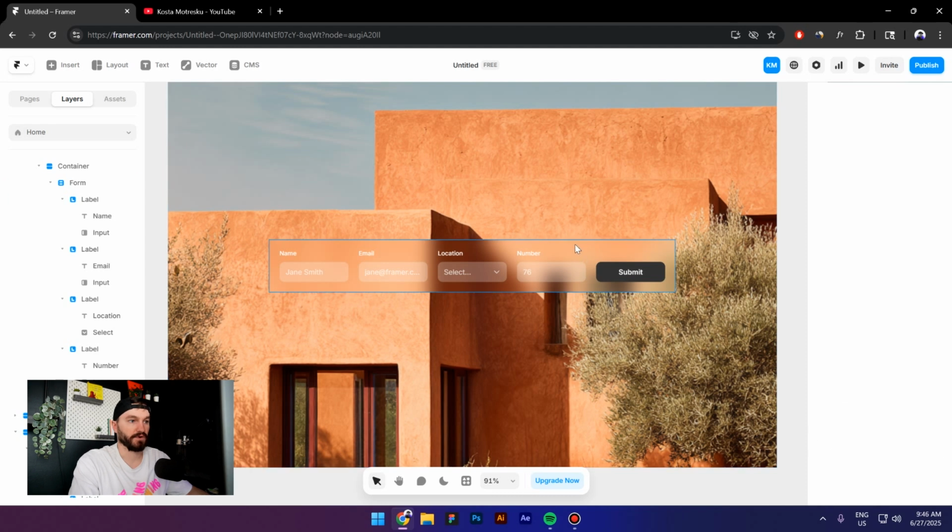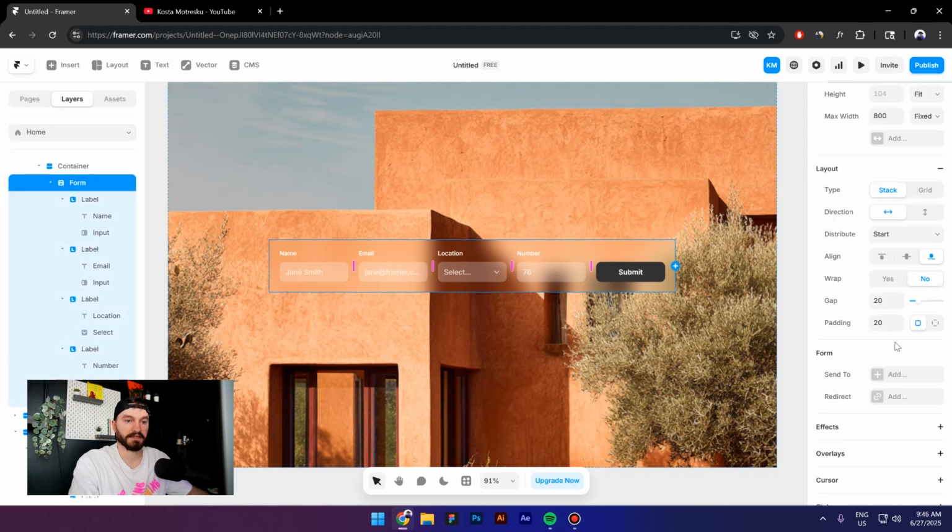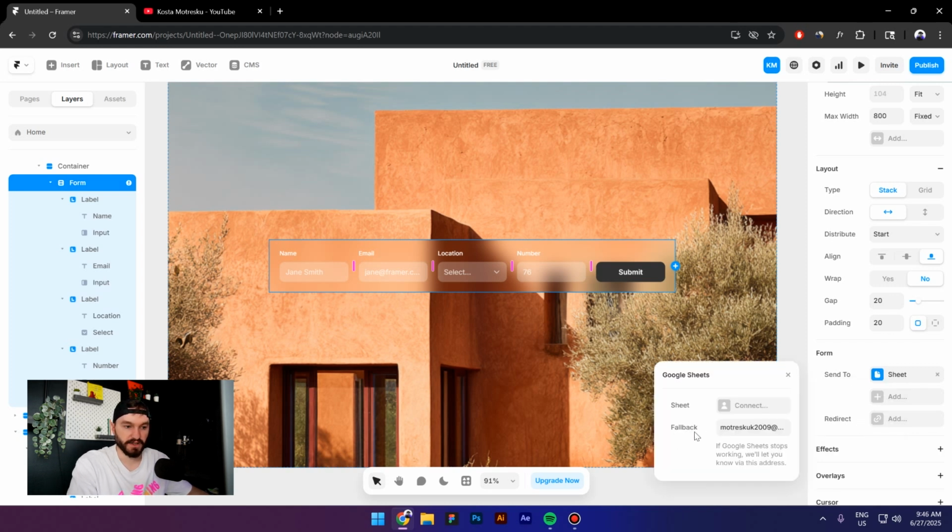I will select the form, and then right here it says send to or redirect. You want to make sure that you send to, and then here you can choose between email, webhook, or Google Sheets. In this case, we want Google Sheets. And right here it says fallback. The fallback means that when it's not able to send it to Google Sheets, it's gonna send it to your email address. So in my case, I have my email address right here,